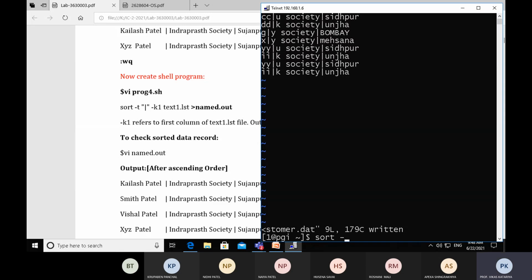First we will write directly: sort dash t double quote pipeline, space, dash k1 for the first column, and the name of the file is customer.date.